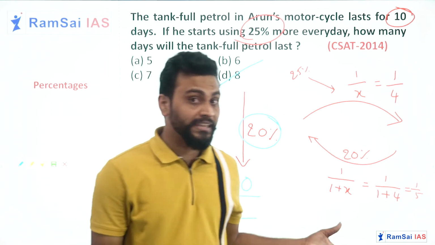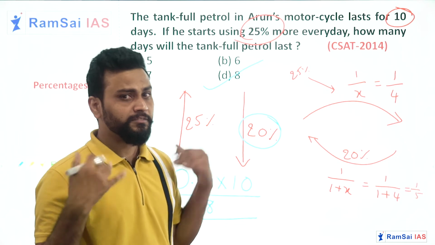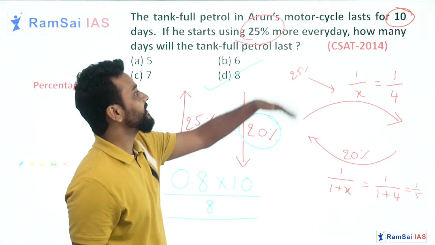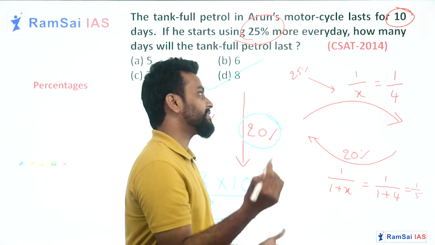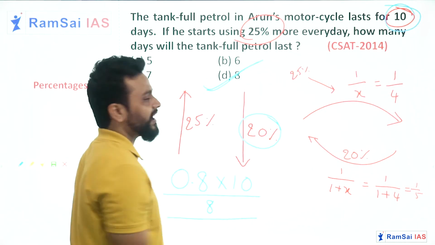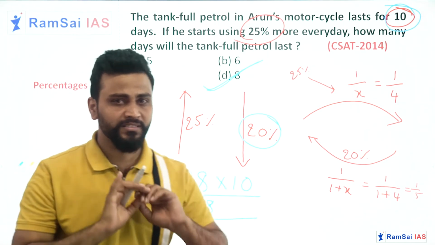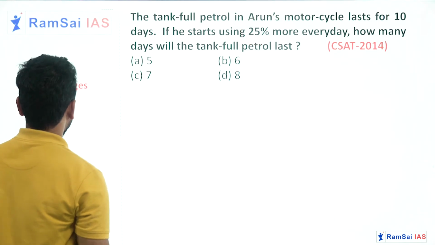Now, as I am explaining, I took this much space and this much time. But if I use the concept, 25% increase, 20% decrease. If it is 20% decreased, it will be 0.8 of total. 0.8 of 10 will be 8, option D. Hardly it takes 10 seconds, not more than that for sure. Right? Next one.